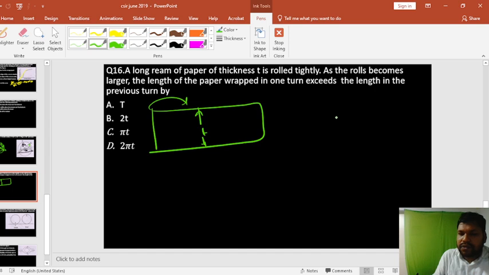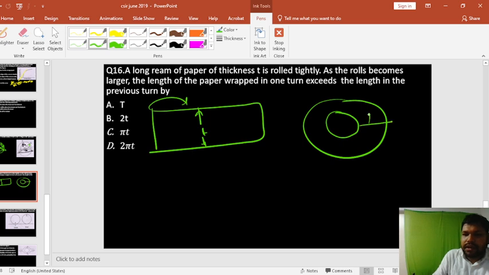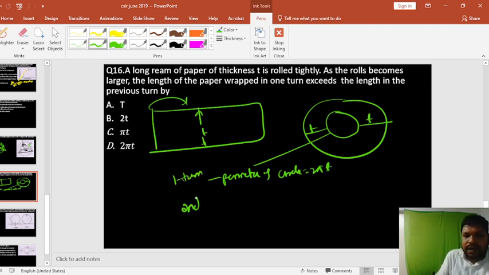See, if you wrap it, it will become like a circle. So the length of the paper wrapped in one turn, compared with the length in the previous turn. If you wrap it, the thickness will come here. So one time if you wrap it, the perimeter of a circle is nothing but 2 pi t. This is the first term. And if you go for the second term,